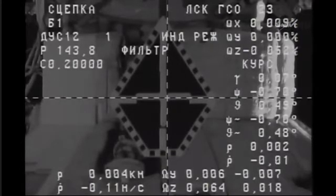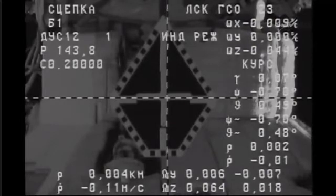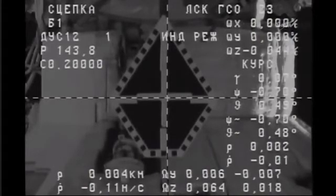Visually, we monitor the hooks and we see the gap decreasing in size. We copy. It is possible that we will have comm dropouts. If we do not respond, then expect us to have...